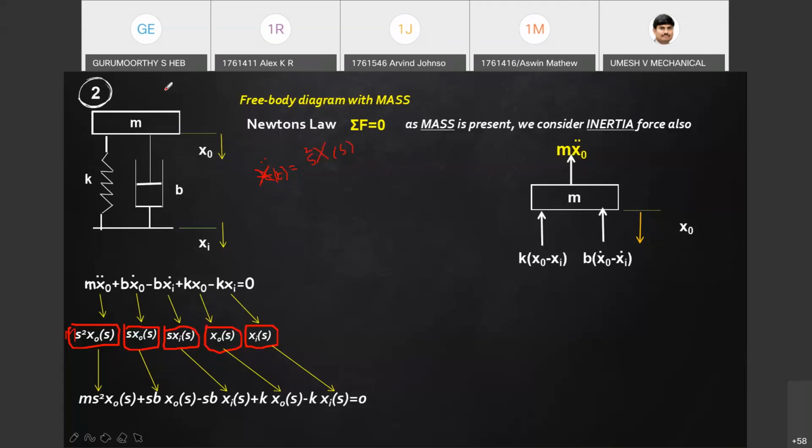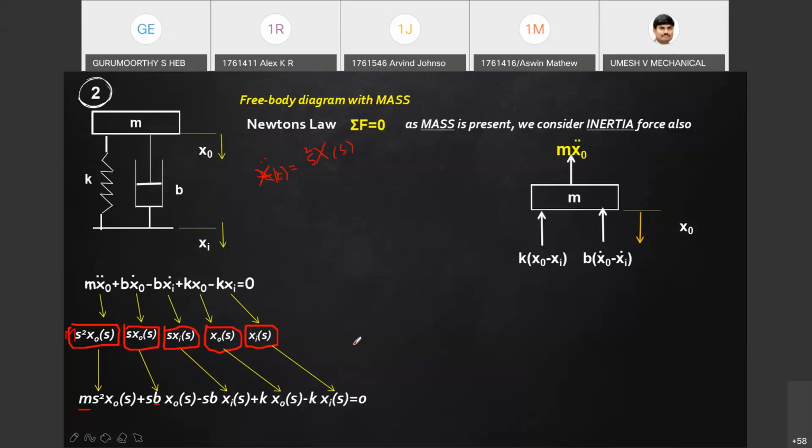Okay, so I just showed that. Umesh sir, am I audible? Yes, sir, you're audible. Okay, so now you see the complete equation. I have the damping coefficient, etc. I have shown only the table, written in class form. X dot becomes s into x, x double dot becomes s square into x naught, etc. So I hope this is pretty clear.